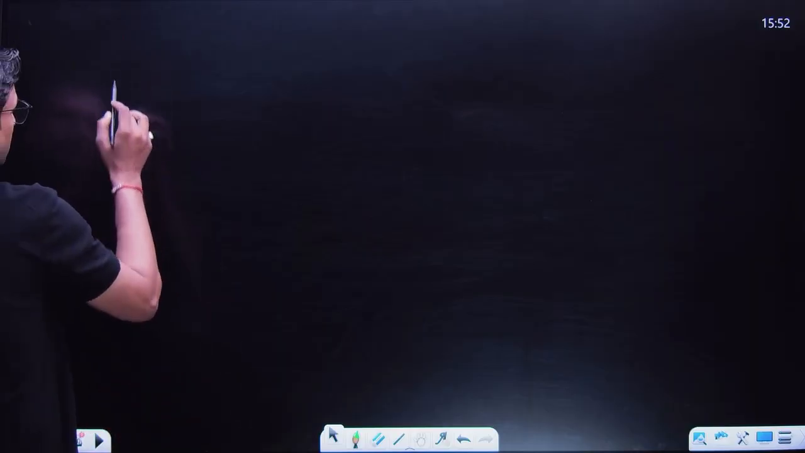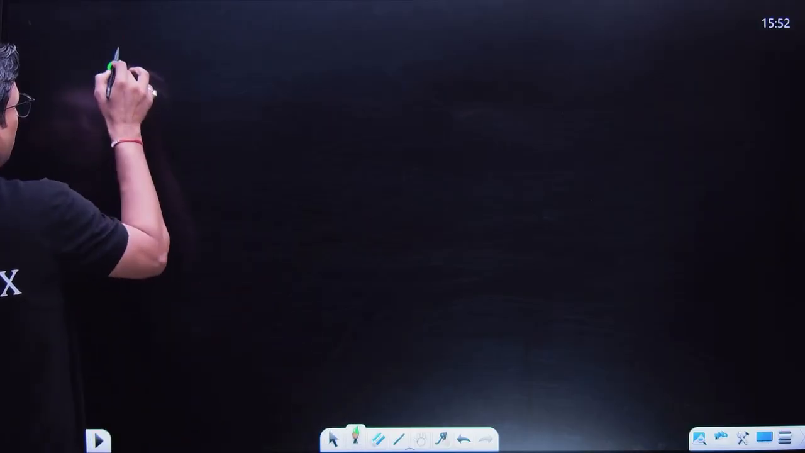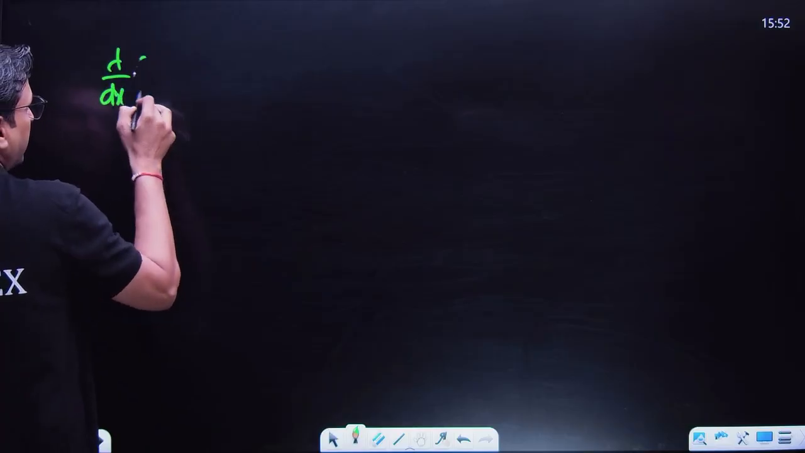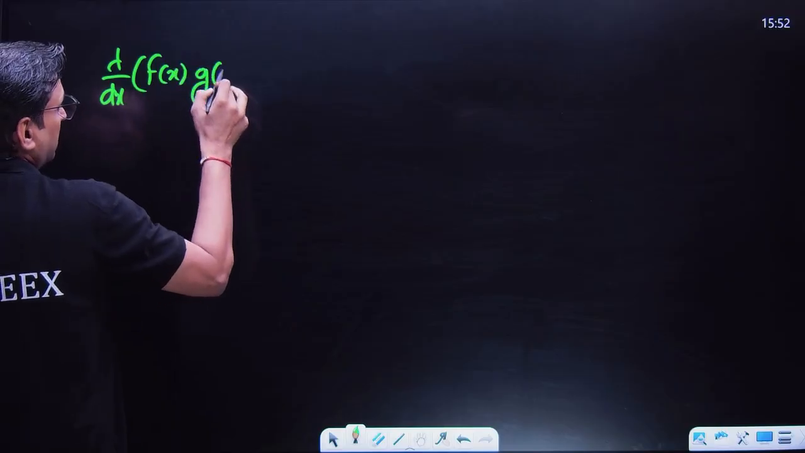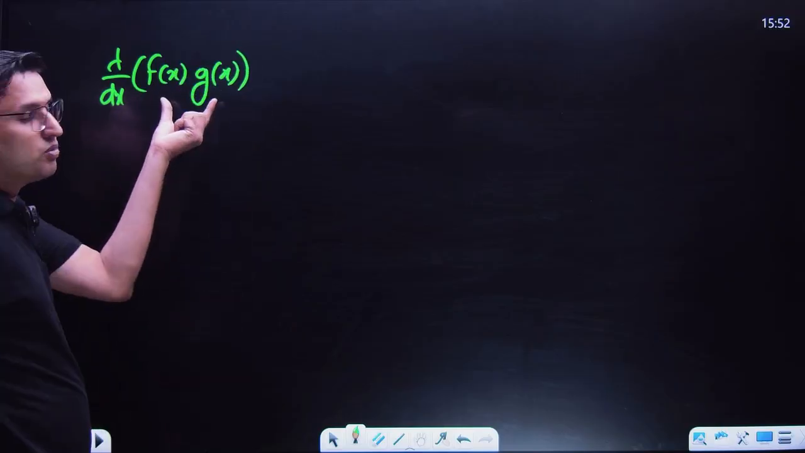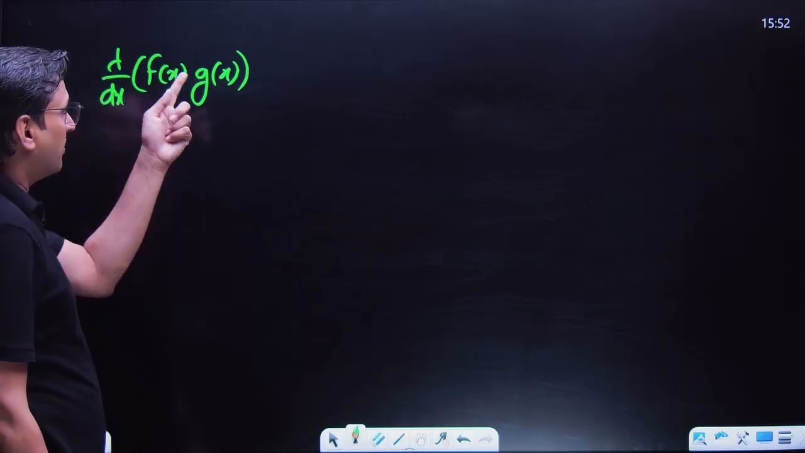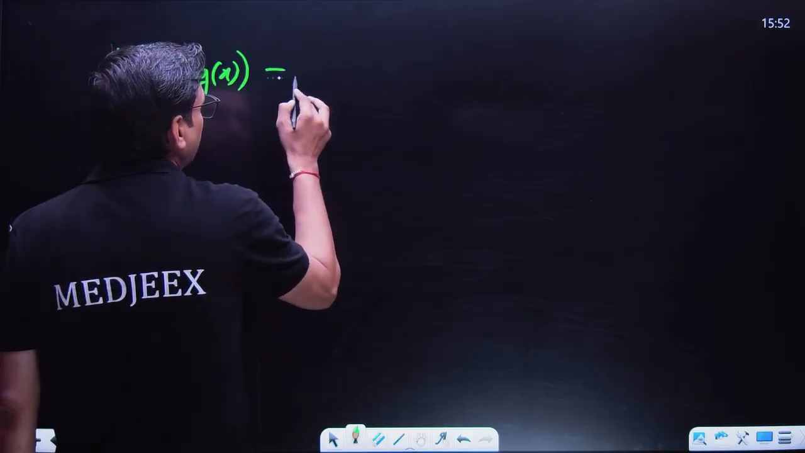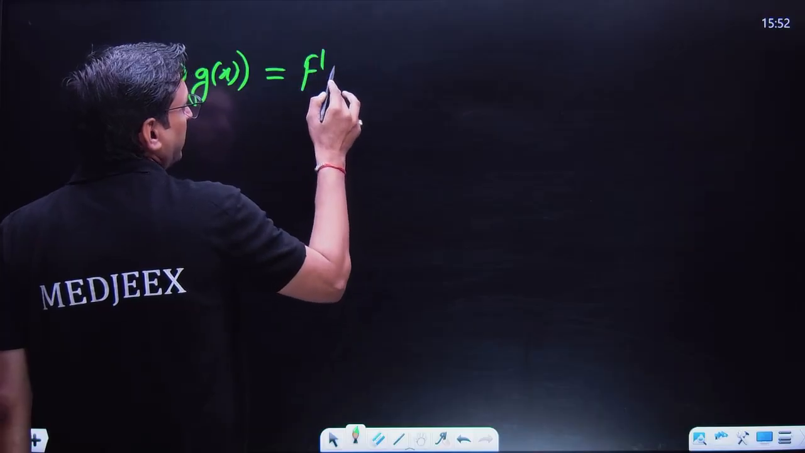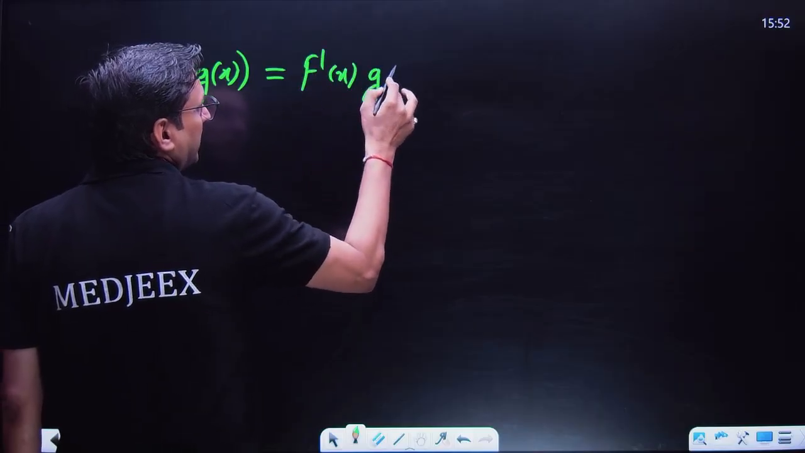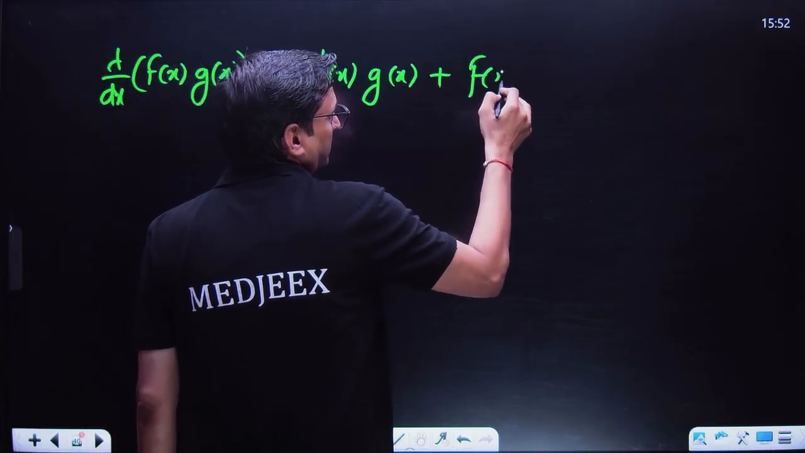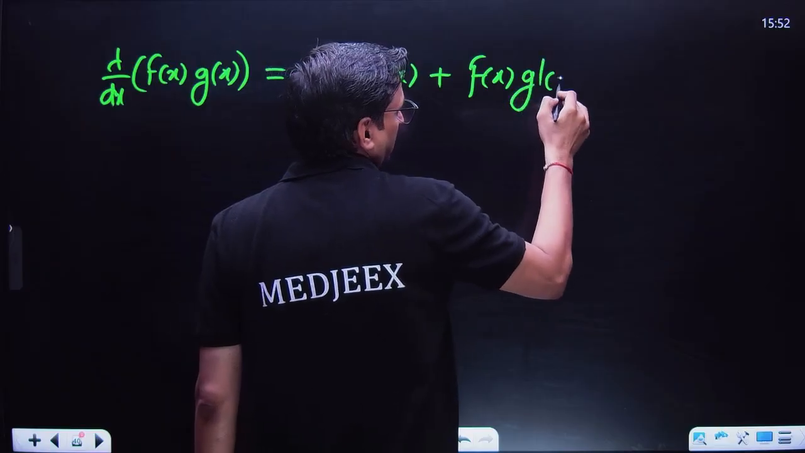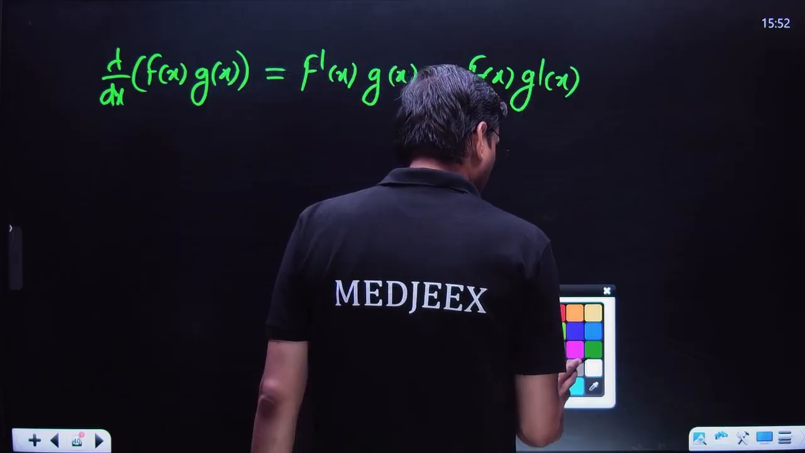You have just studied the product rule in differentiation, which can be written like this: f(x)g(x). I have to differentiate these two functions with respect to x, and I am going to apply differentiation there. Then it will be written as f'(x)g(x) plus f(x)g'(x). Yes or no? Now understand,